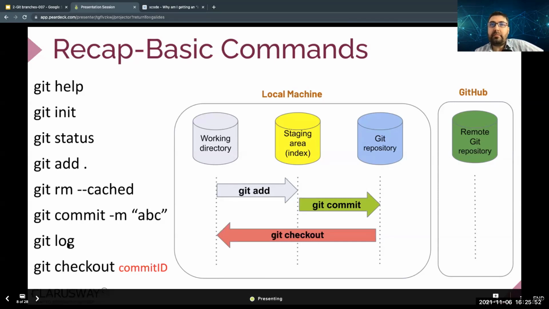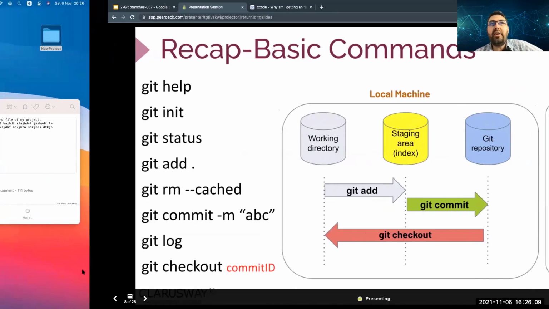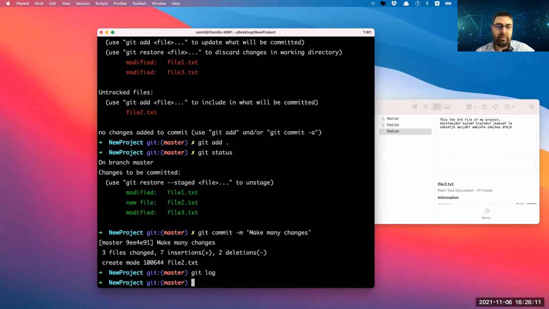Now, anytime you want to get back to an earlier version, you can run git checkout and your commit ID. That's when you want to check out any earlier versions.